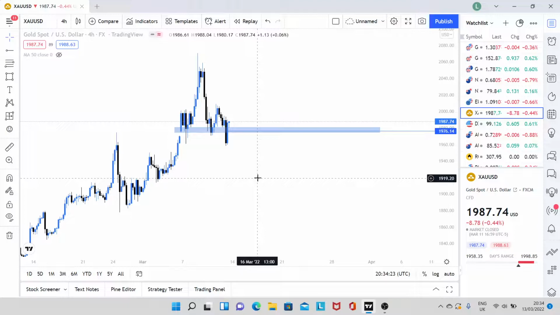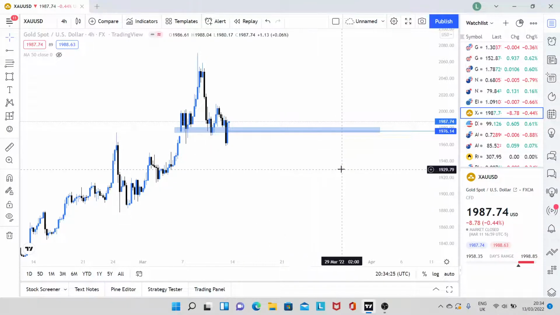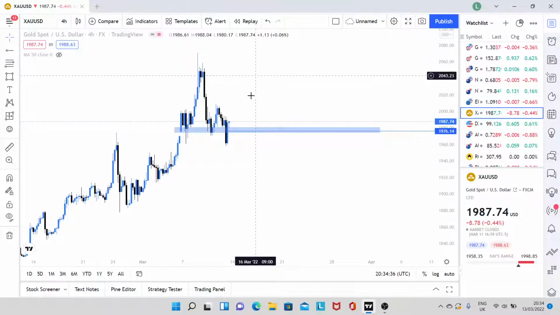Smart money concepts is not something that I've taught really either on the channel or in the groups at the moment, but it is something that we will be working towards if that's something you want to learn. I do expect a continuation on gold, but I do expect it to revisit this area sometime. So maybe we could get a sell up here, targets here, or we could get a rejection here and a continuation push. We'll have to wait and see.